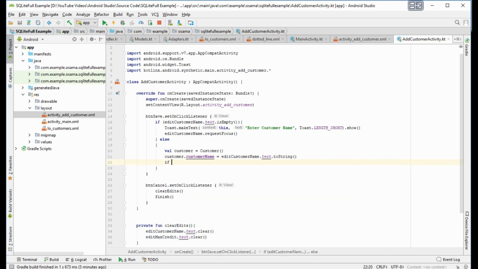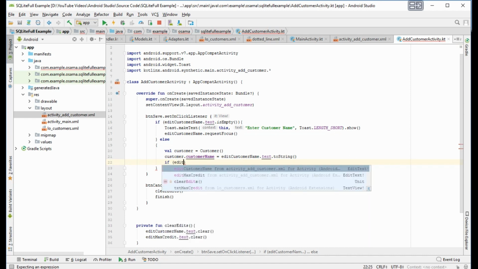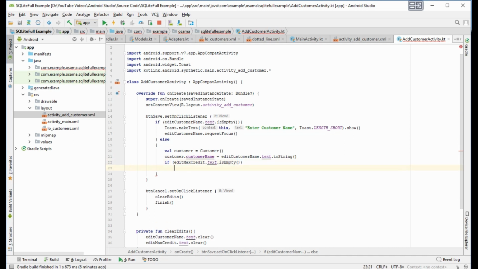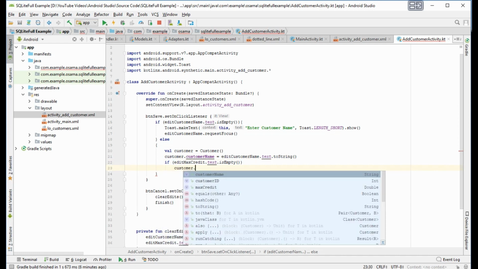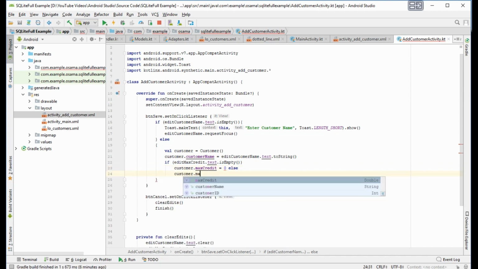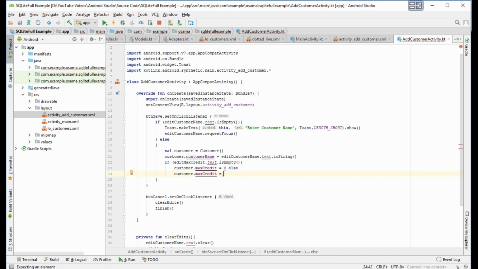Now, if edit customer max credit dot text dot is empty, what will it do, we will give it customer dot max credit equal 0, else customer dot max credit 0.0.